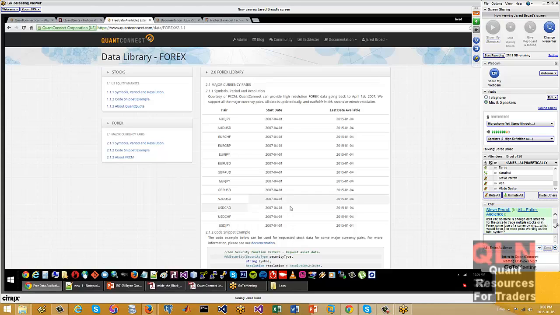We don't support thousands of forex pairs. We just sort of picked the top ones, which isn't ideal. In hindsight, I would have picked everything, but perhaps we'll change the data source so that we can have a lot more currency pairs there. But yeah, you can import the data. I don't know if you could actually trade all of those different ones, especially if they're against each other. Yeah.